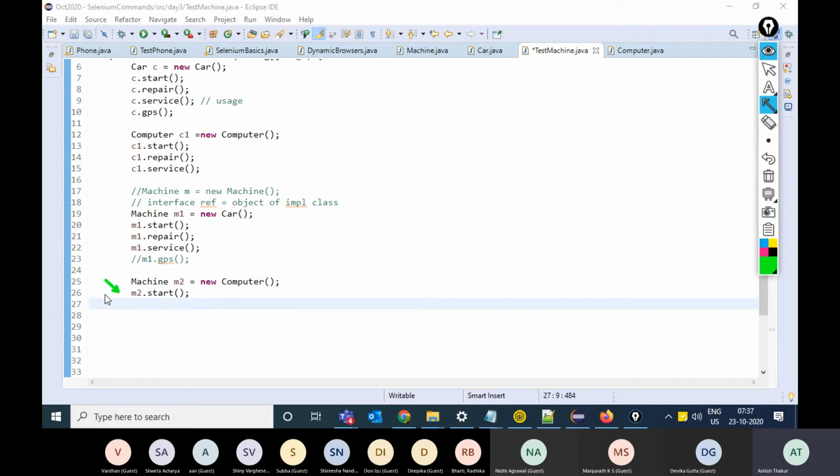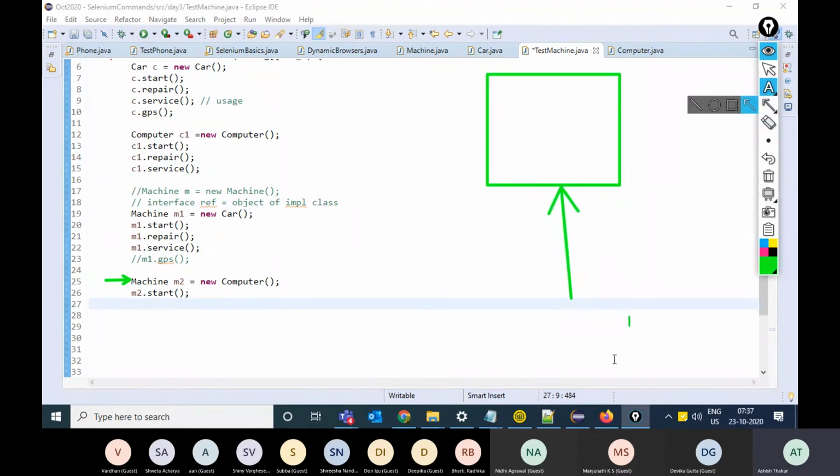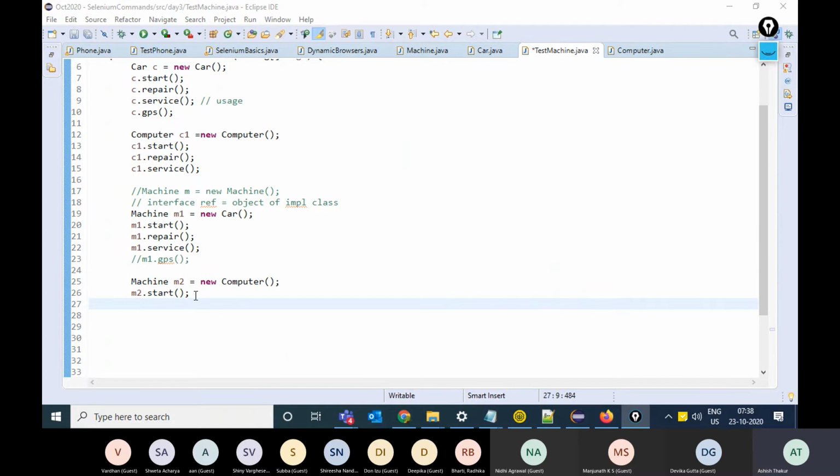The use is that in the memory, what is happening? If I discuss line number 25, in the memory, an object of computer is created and M2 is pointing towards that particular object. M2 is the reference of machine interface. On the next line, I can decide that M2 will point towards an object of the car class.